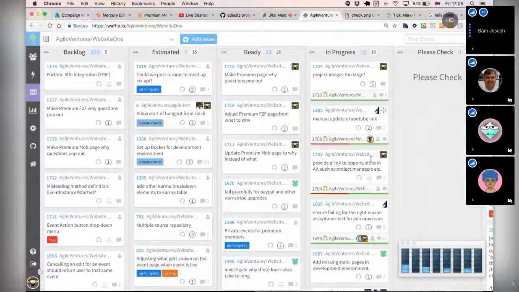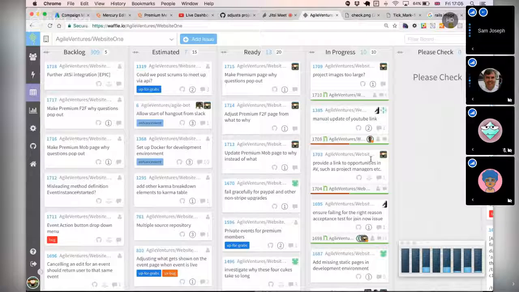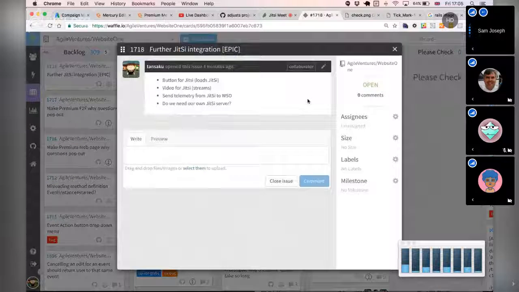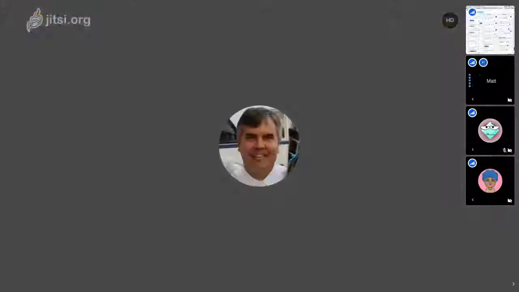Matt, when you opened a ticket for upgrading to the latest version of Rails 5, I thought that you were opening a ticket for website 1, but it was for Event Manager. I think that's a good idea too. I think it's longer term. You should carry on with the experiments you're doing on Event Manager, and in the first instance, we should complete the transition to Jitsi as a first step, and then we'll come on to that afterwards. It can be part of that epic.